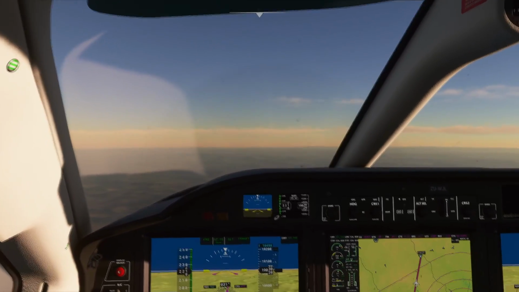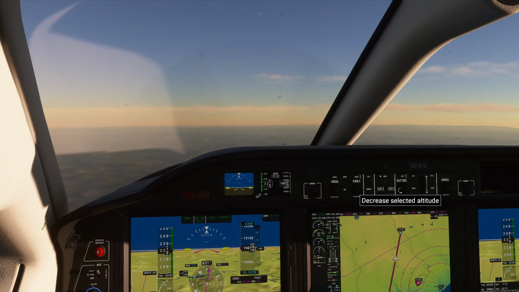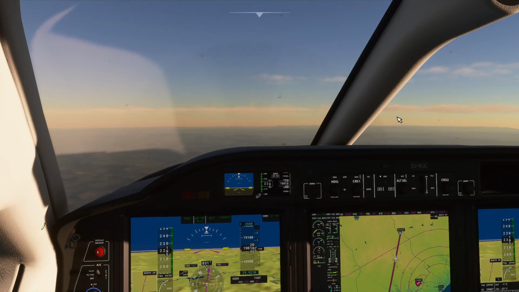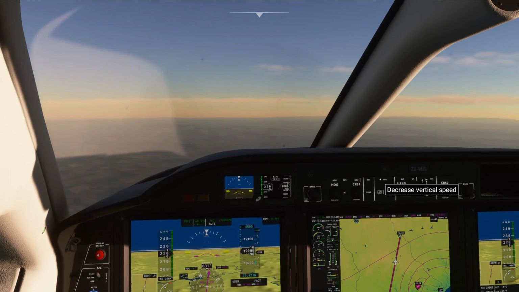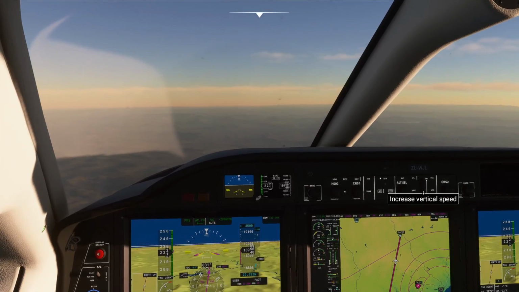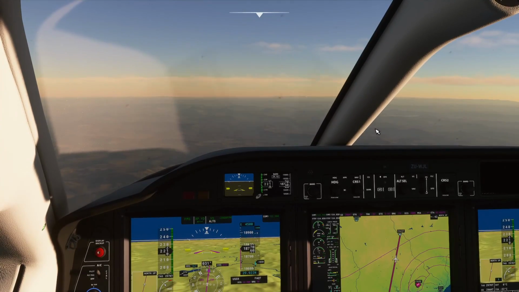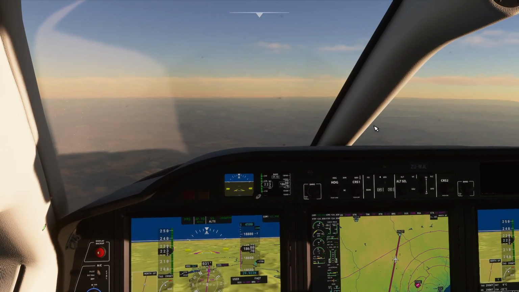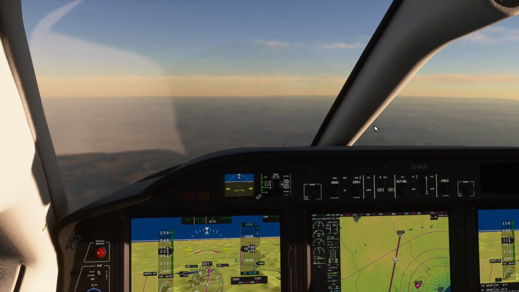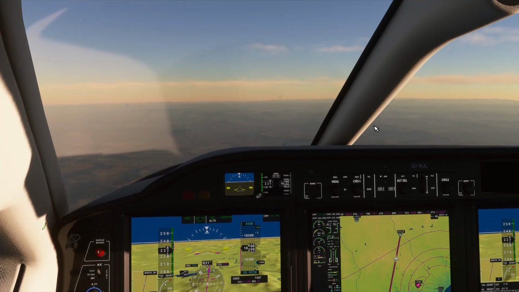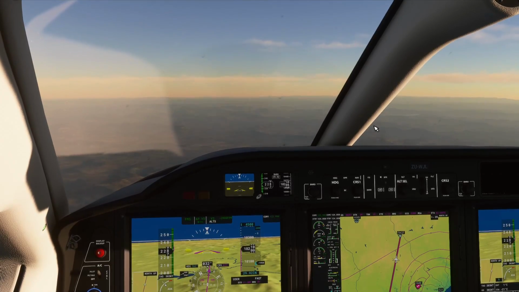Just in the TBM in general though, it's not a bad idea to plan your descent a little bit early. What I've kind of found is it likes to go this fast because it's not a super draggy airplane. So we'll go ahead and start down 2,000 feet a minute, and let's pull our power back just a touch. I actually don't want to pull it that far back. I want to increase the airspeed just a little bit. That way as we descend, it stays about the same, and then once we get much lower, it will slow the ground speed down a little bit,